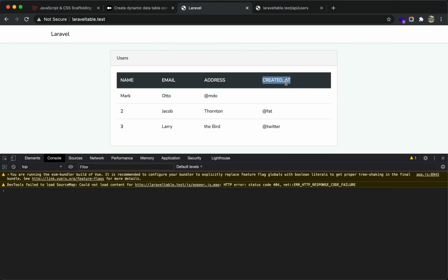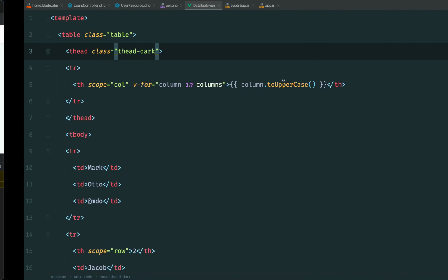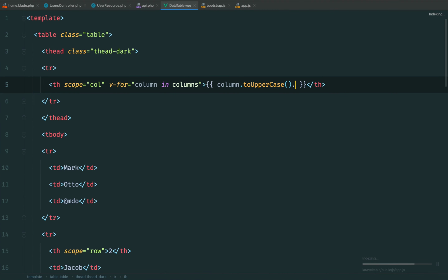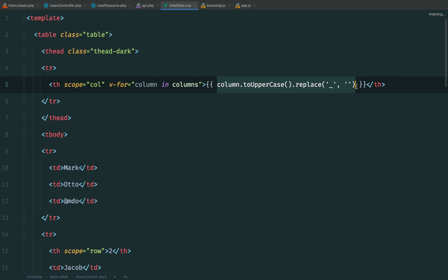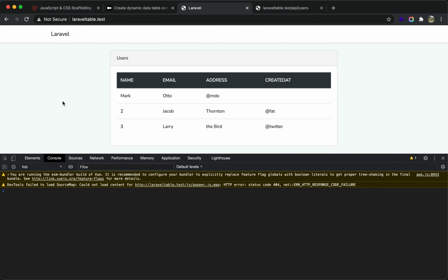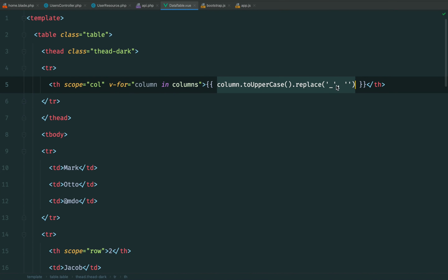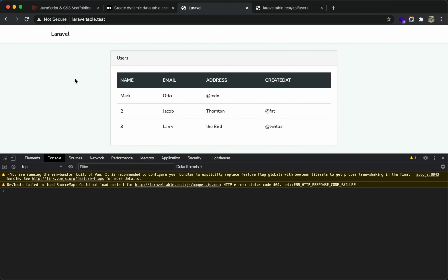For this we are getting an underscore over here, so we can get rid of that as well. That can be done simply by replacing the underscore with an empty space. We will work with reusable functions for this, but for now let's make it simple. Vue 3 does not support filters, I guess, so in that case we'll have to check something else. So instead of underscore, this needs to be a space, so that we can see these are the fields that